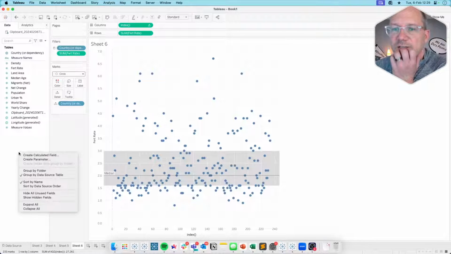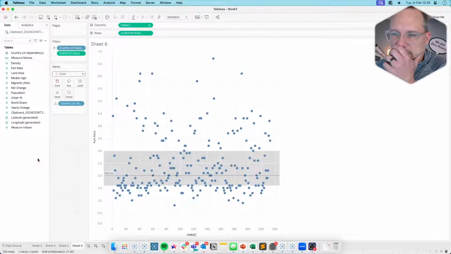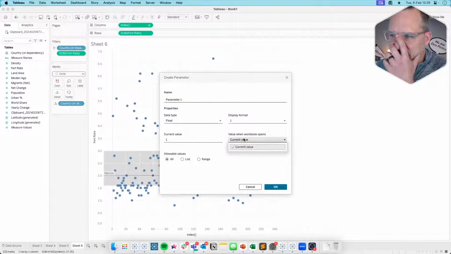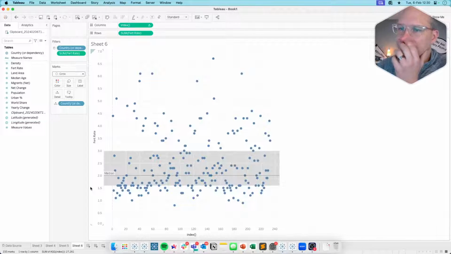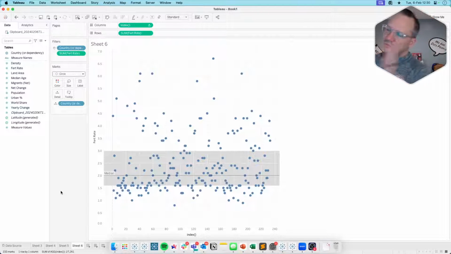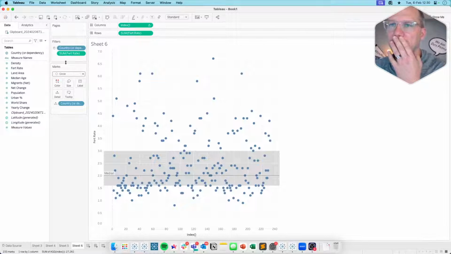Let's see. The easiest way to do this, because I can't. Yeah, I can't do that. So what I was thinking about is we could create some sort of an analysis type of thing, create kind of a dashboard where you can choose your different, or I guess what I could do is I could do